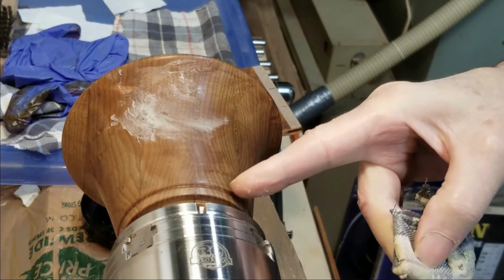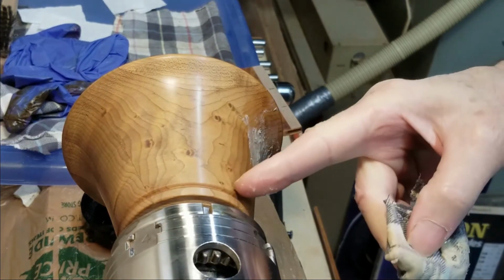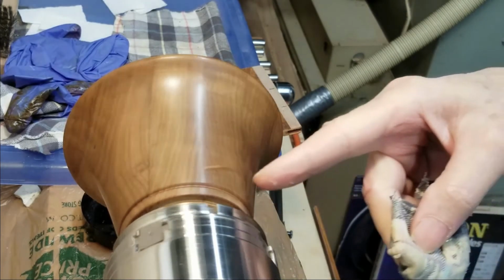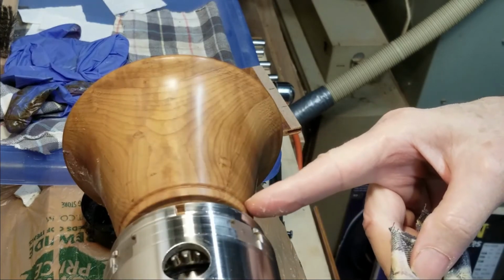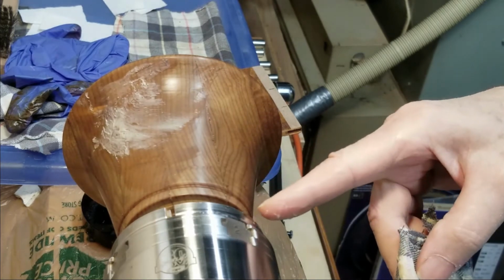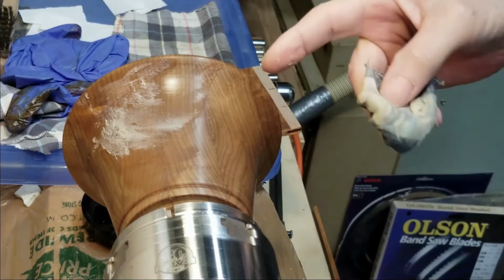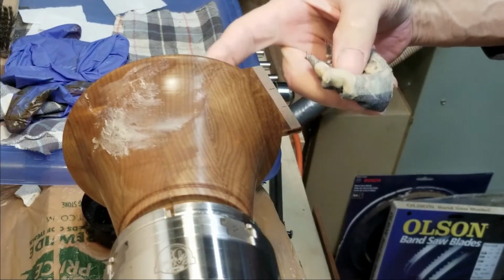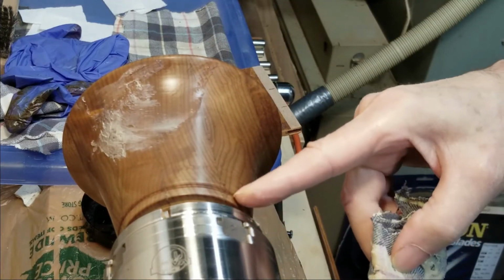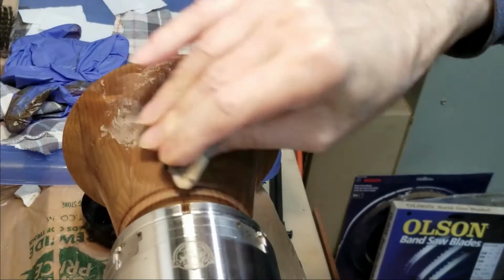Oh, you'll also notice that, yeah, Mike got adventurous. And I put a groove here. An embellishment, as it were. I've always been tempted, but chickened out. So here it is. If nothing at all, it will provide a line of demarcation so I can finish the outside and the inside, and then when I flip it to finish off the bottom, remove the tenon, there'll be a line of demarcation for the finish. So it may look different, but